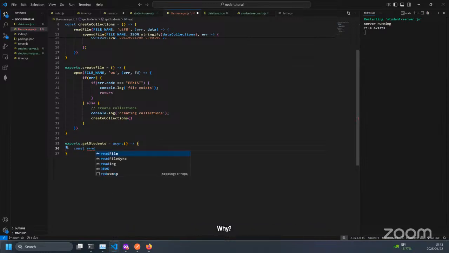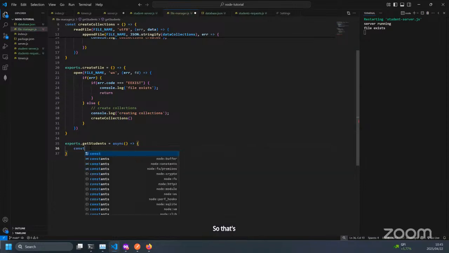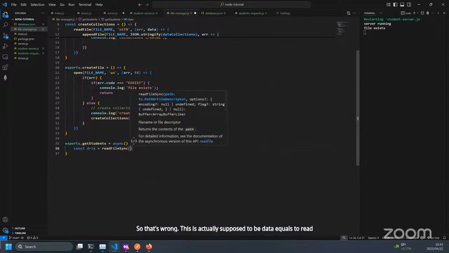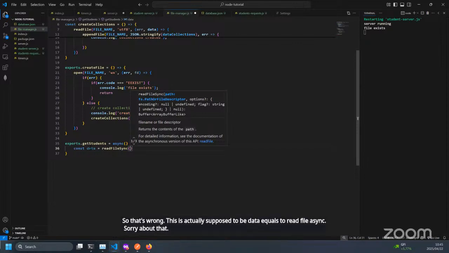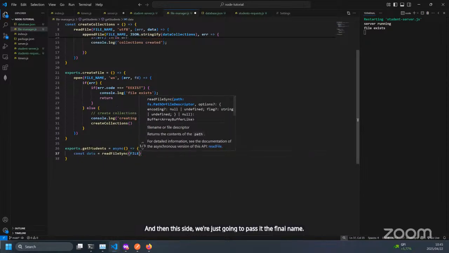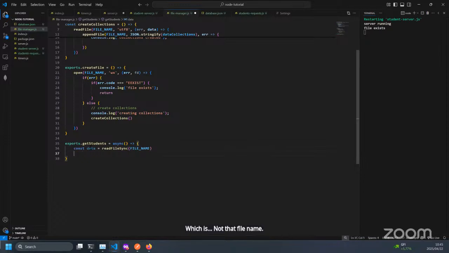Because there are so many ways to skin a cat, and I'm not going to limit myself to just one method. So that's wrong. This is actually supposed to be data equals to readFile async. Sorry about that. And then this side, we're just going to pass it the file name. And then in the data, because we actually have the data, it's actually going to come back as,